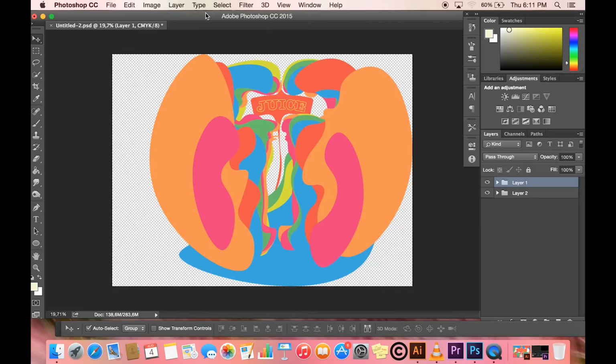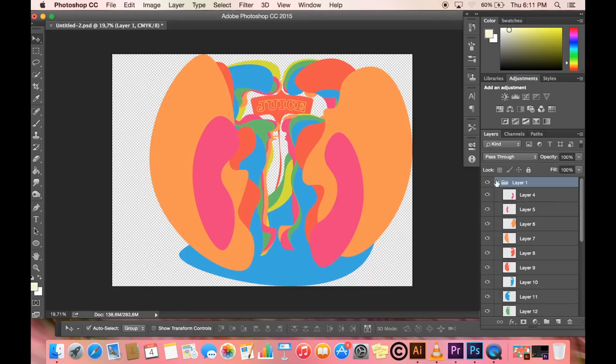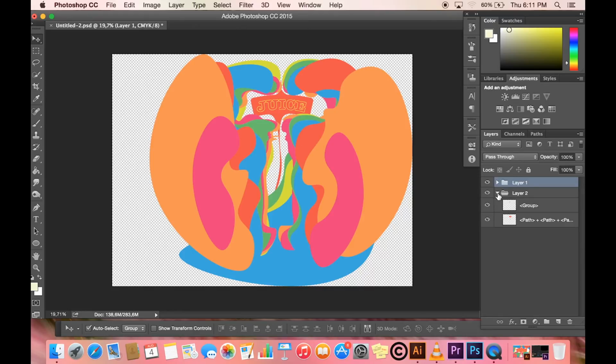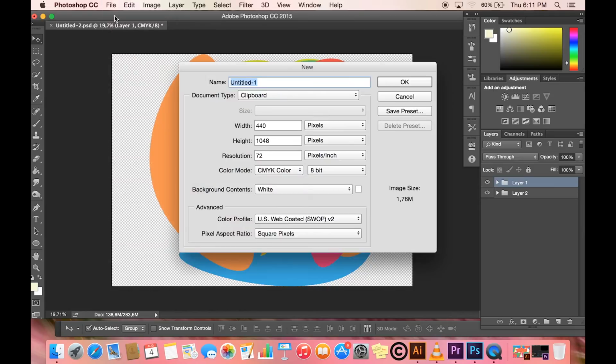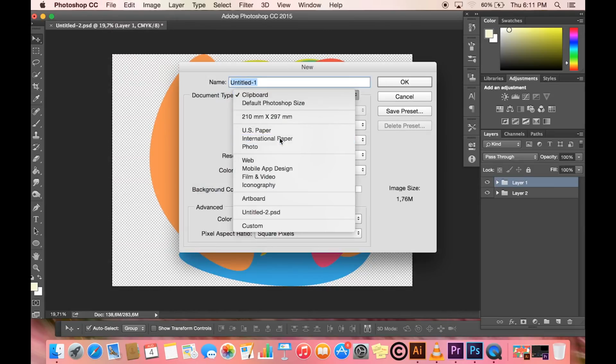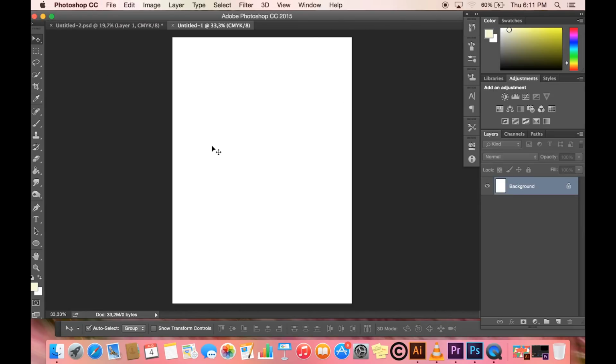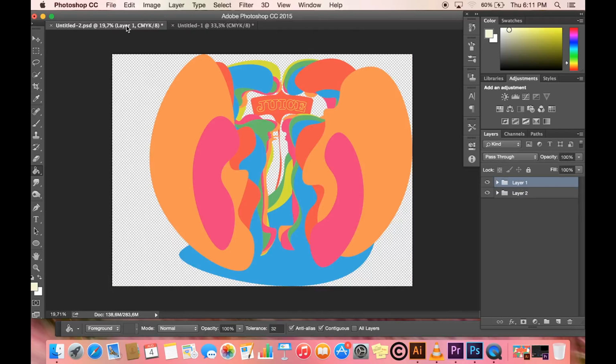Okay, so when you open your Illustrator file in Photoshop, it will look something like this. As you can see, here are all your layers on the side, each shape on a separate layer. What you need to do is create a new A4 document and then give it a nice mellow background color. Make sure that you select both layers by holding down Command,